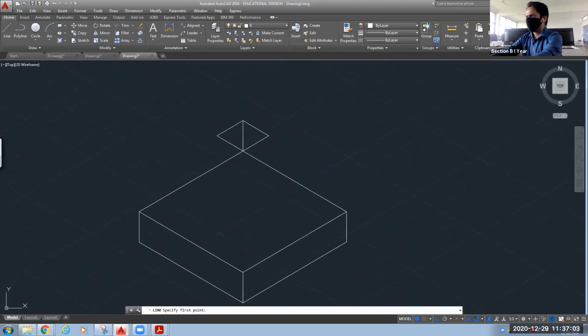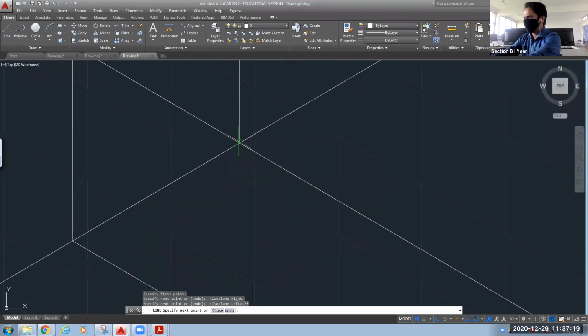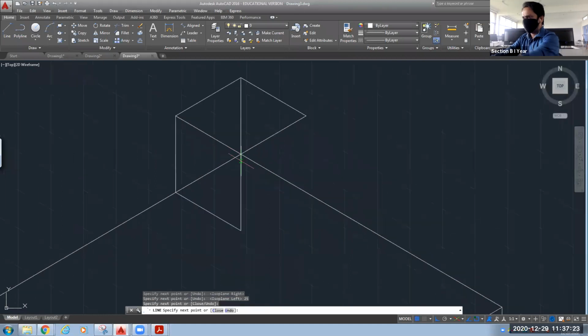Go for the line command. F5. I need a vertical line up to this point. Now again in this direction, 25.